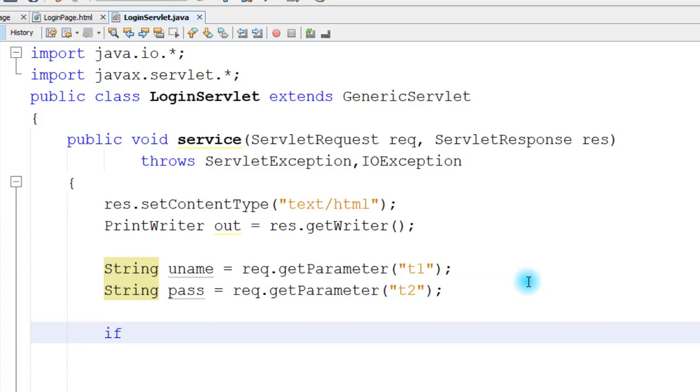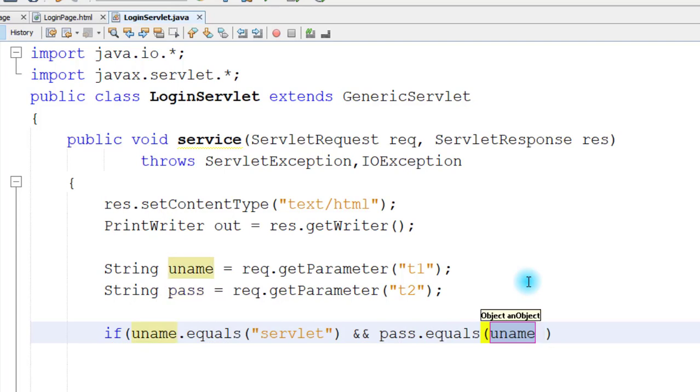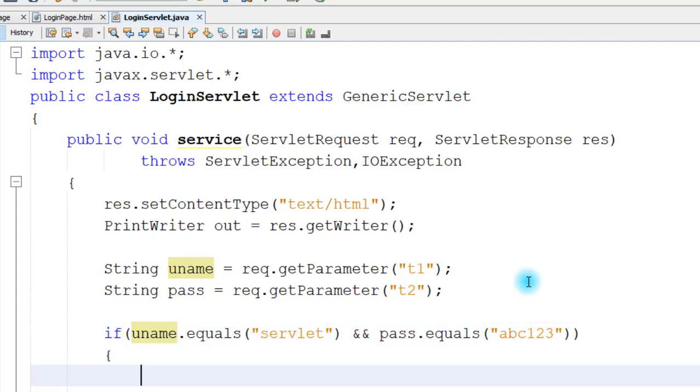Now हम लोग check करेंगे if uname.equals, so I am writing servlet, this is my username, and pass.equals, so I am writing here ABC123. So this is my password.